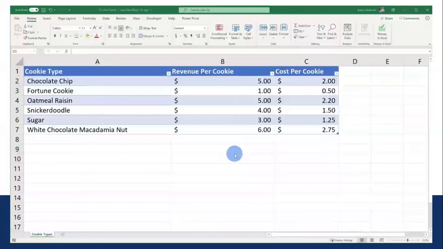order. And lastly, there's also a cookie types sheet. And in here, you'll find all the different cookie types that we make here at the Kevin Cookie Company, along with the revenue per cookie and also the cost per cookie. And before you start questioning our profit margins, keep in mind, it takes a lot of love to make these